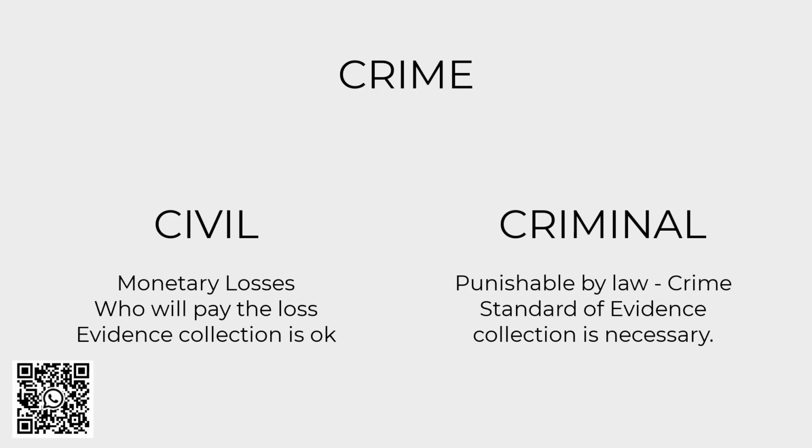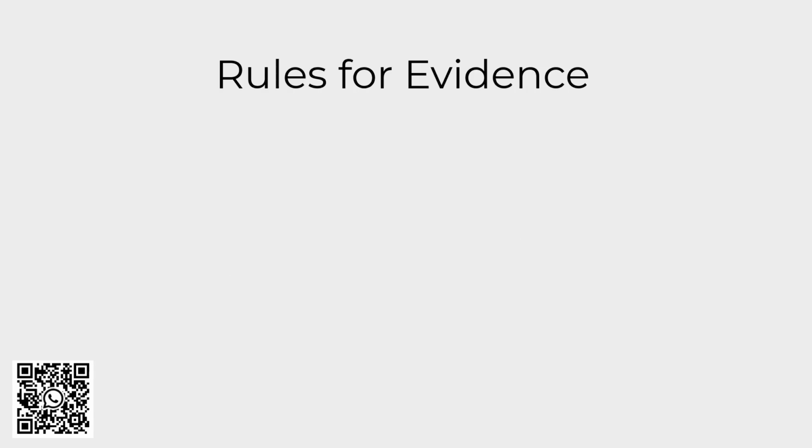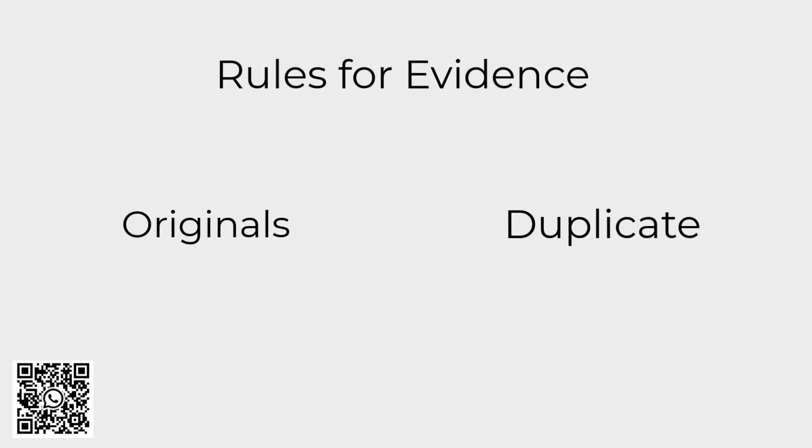So usually in this kind of cases we recover files, and that's the reason evidence collection and the law is not that strict. Whereas in case of criminal offense, it is a punishable by law offense and it is a proper crime, and in this we do recovery and a lot of things. So data recovery is one part, but we also investigate and search for details. So it is a standard of evidence, and collection is necessary, and to obey the law is really important in these kind of cases. Now let's try to understand some rules for evidence collection and prosecution.